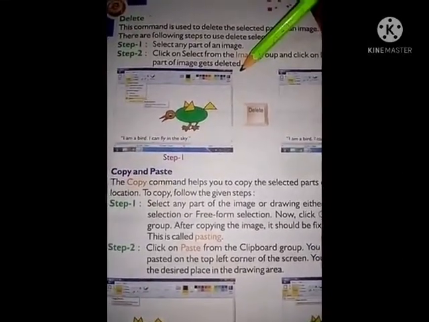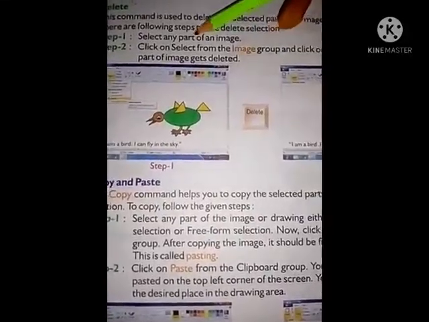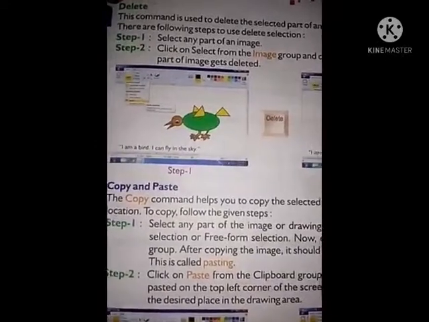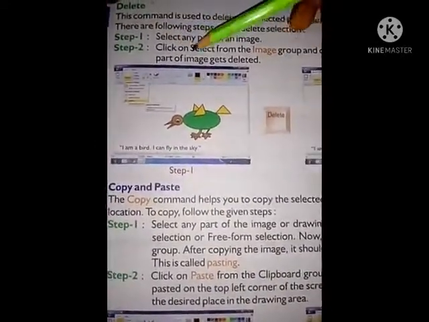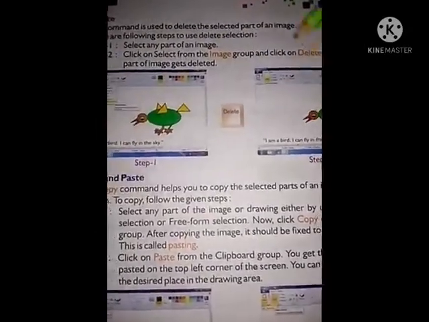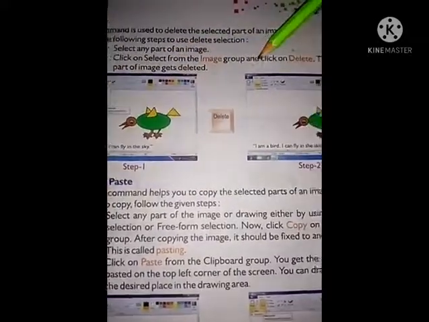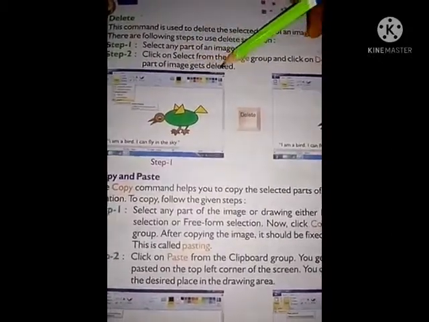So first we have to select any part of an image which we want to delete, which we want to cut. And then step 2, click on select from the image group and click on delete. The selected part of image gets deleted.